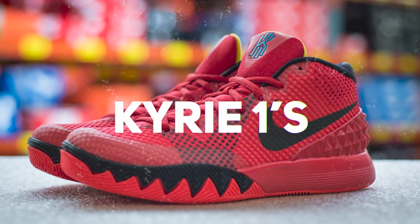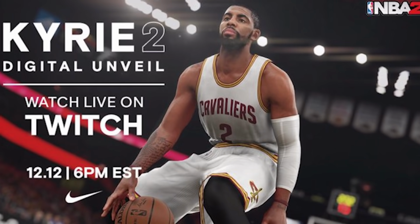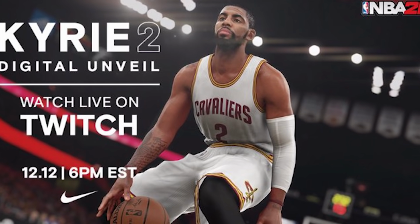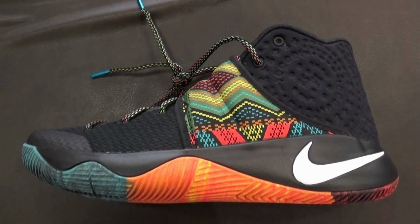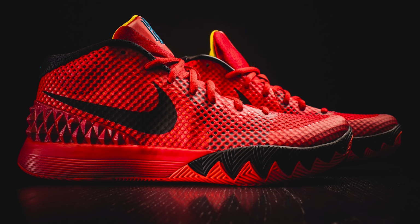Kyrie Irving has no doubt become a household name at this point due to headlines every year, but he too has been involved in shoe controversy despite being a face of the Nike brand. A few years back when Kyrie was still with Cleveland, Nike decided to put a futuristic spin on his sneaker unveilings when it used 2K16 and Twitch to introduce the latest signature shoe of Kyrie Irving to the world, the Kyrie 2s. After the release, according to Kyrie himself, the NBA hit him with a fine for debuting a new version of his shoe,